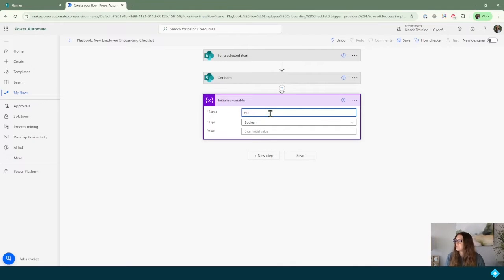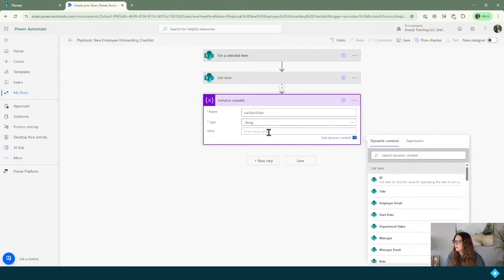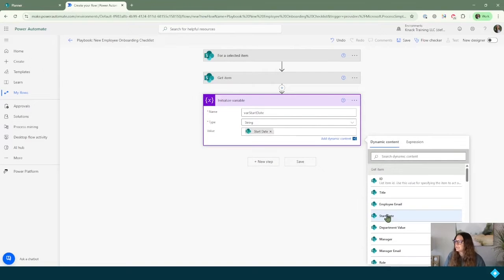I always like to start my variables with lowercase var, and I use camel case here, which is the capital of each word with no spaces. And here in our type, this is going to be a string type variable. We can go ahead and set in our initial value here by clicking on initial value and selecting the start